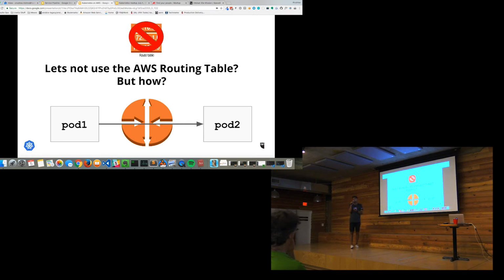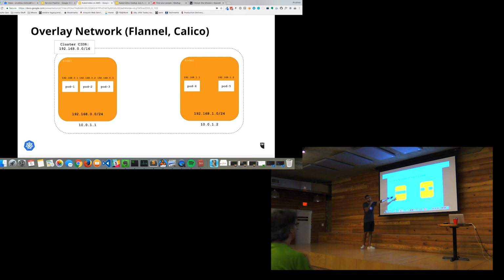So what if you could wrap the packet around a UDP packet and put an Amazon IP on there? Basically, the node that's actually making the call can do the wrapping. So that's where the overlay networks come in. I'm not going to talk about overlay networks. People can give hours and hours of talks just on overlay networks, and I'm probably not the best candidate for this. But I'll talk about what we did.